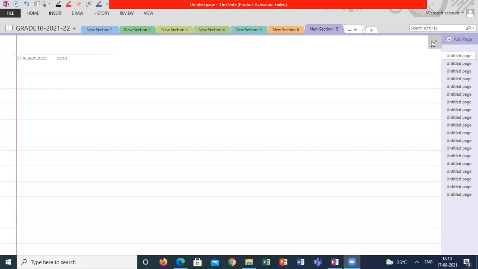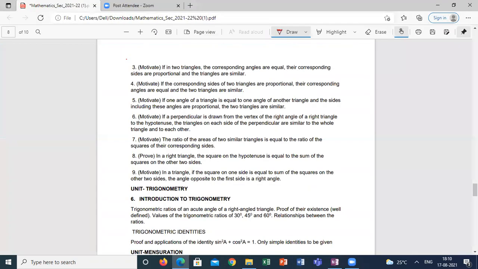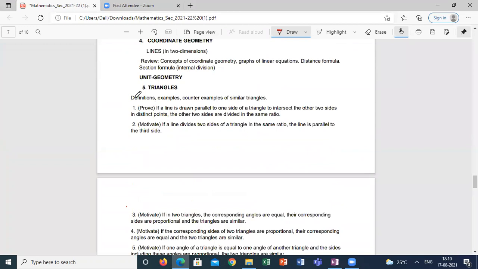Good evening, students. We are discussing a few numericals and their applications of the theorems. So far, we have completed... I mentioned there are 9 theorems, but some are applications of the theorems I gave. This is our syllabus. The first one is Thales theorem or basic proportionality theorem. The second one is the converse of the basic proportionality theorem. After that, we did applications.